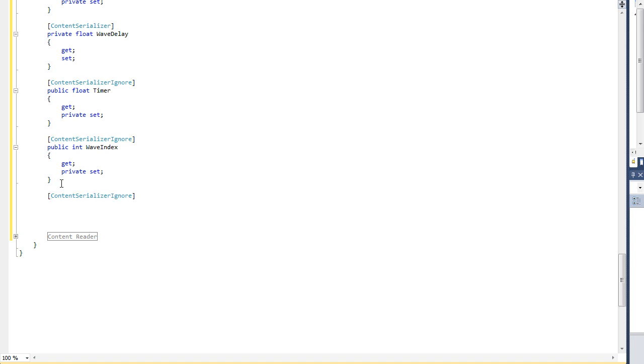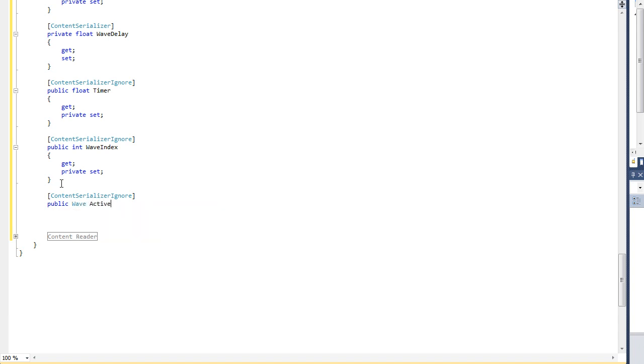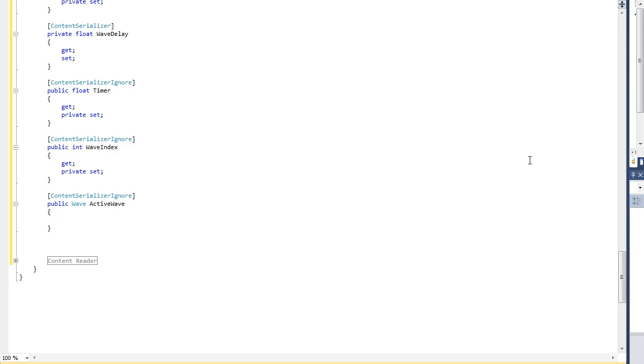Not only do we need to know the index, but let's get a reference to the actual active wave. We need to have access to the index because when we create that string in the user interface where it says wave x of y, that's where we will reference the wave index. So public wave active wave, it's going to be get and private set, and the actual waves info,